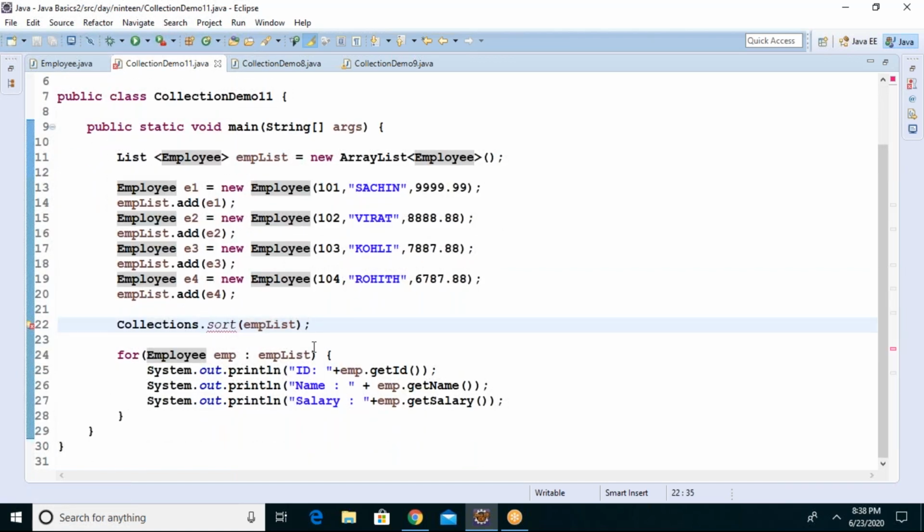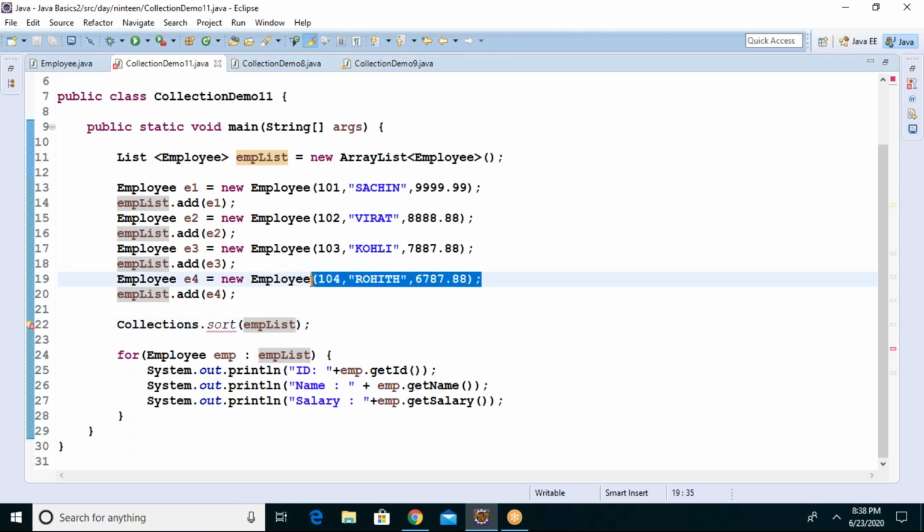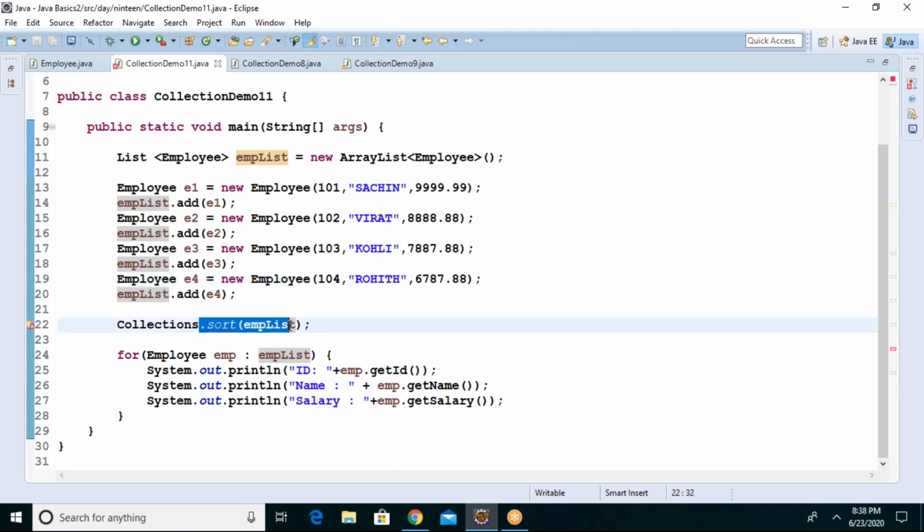Because the sort method is not supporting. The reason is very clear. The sort method is trying to sort the emp list, but it is unable to find by what element it is supposed to sort, because you see there is an ID, there is a name, there is a salary, but we need to specify the logic of sorting. I mean, whether you want to sort through ID or name or salary. That is missing over there. Now the question is, how is it possible to instruct the sort method, the sorting algorithm?